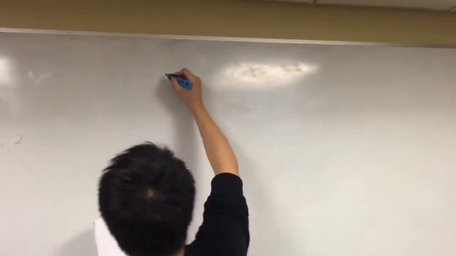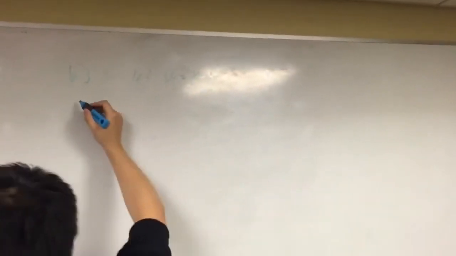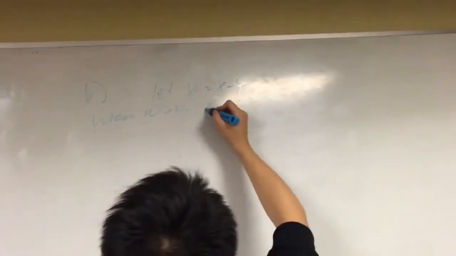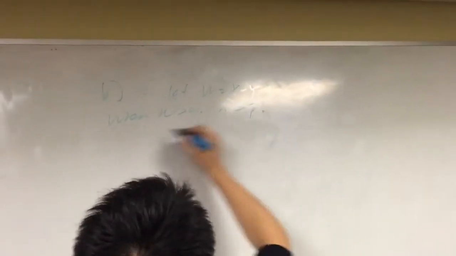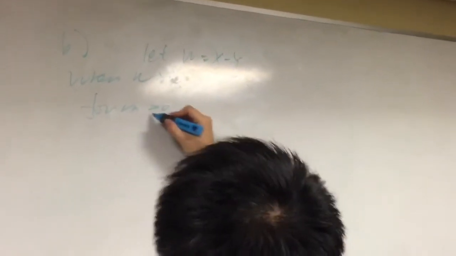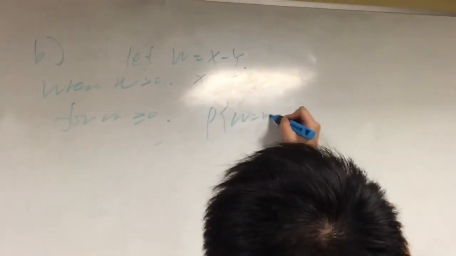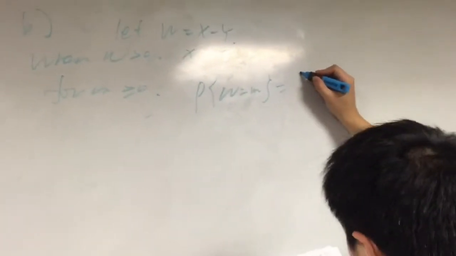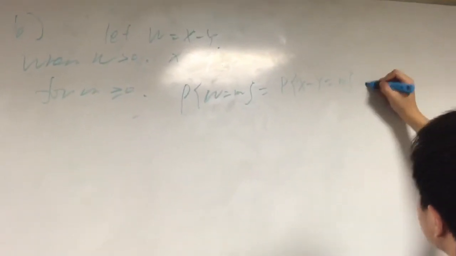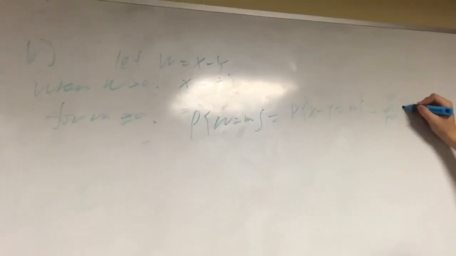So let's do part B. We can let W equal X minus Y. So when W is greater than 0, that is X greater than Y, for m greater than 0, P(W = m) equals P(X minus Y = m), which equals the sum from 0 to infinity of